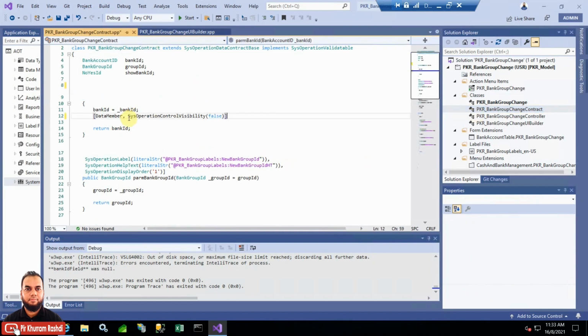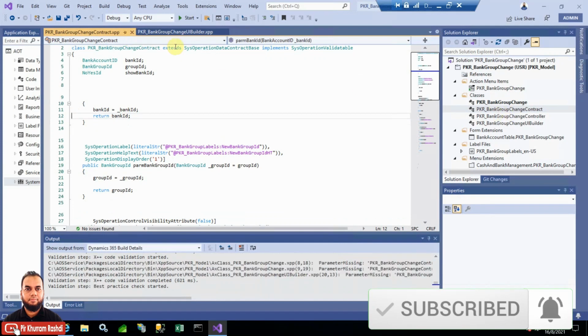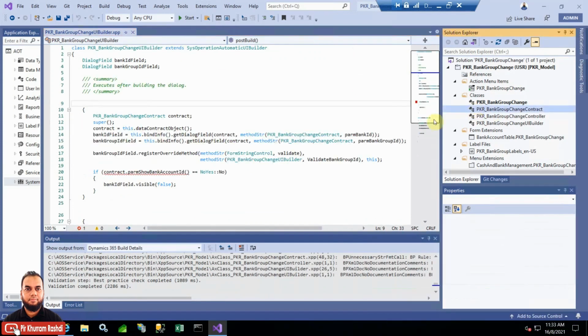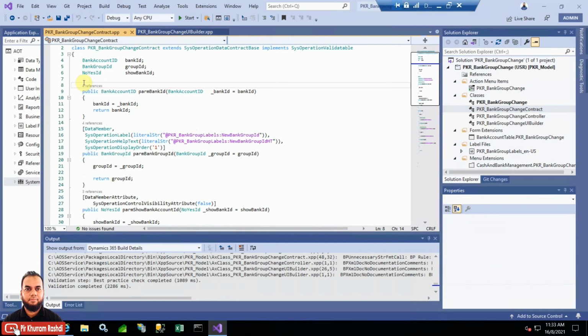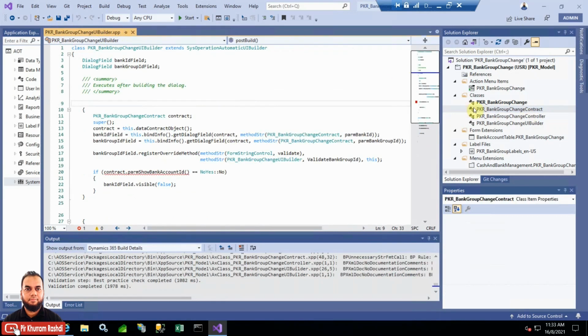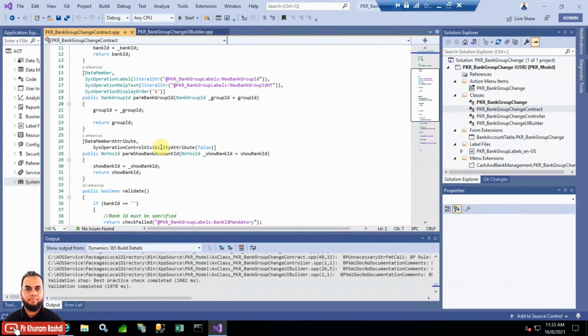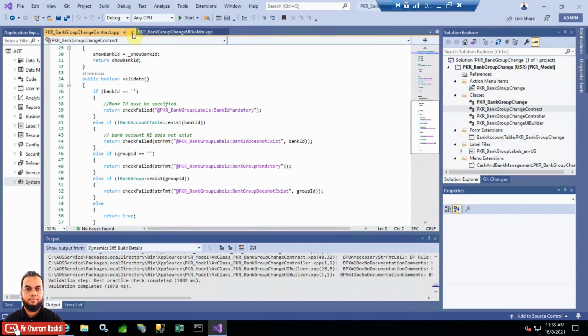Just cut this value, paste here, and then remove the visibility. Just reopen, and I will put it here, only data member, and save it. So it should look like this one, like it will always show a value, and then of course we are setting it visible false, or